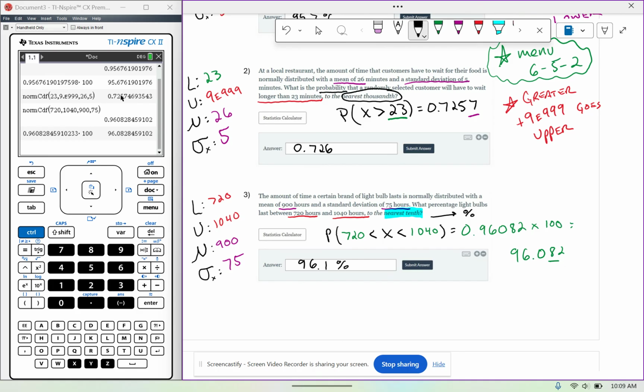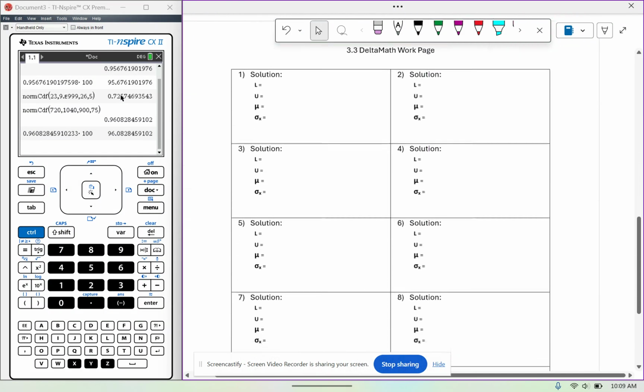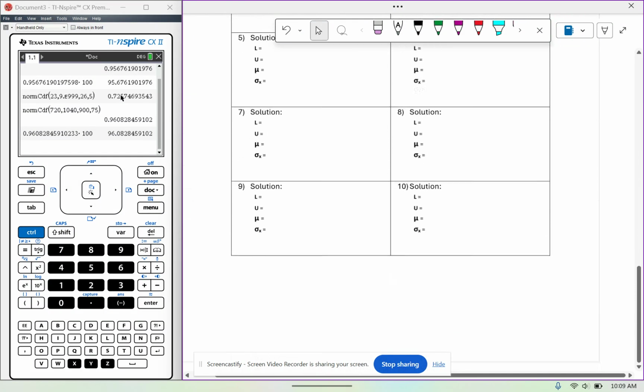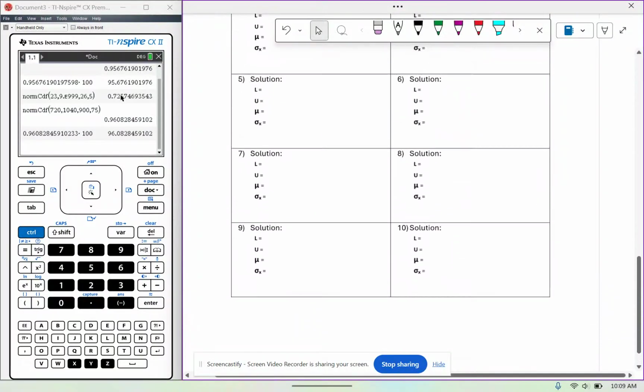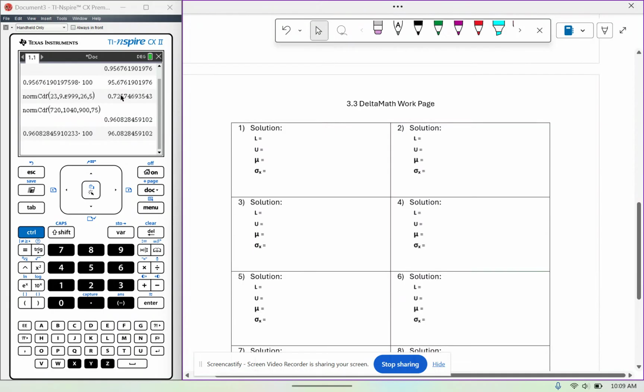Now that we've looked through all these notes, you should be fine to complete the Delta Math assignment. Look down here on the back of your paper. I have an area for you to record all your solutions. So please fill this out as you're completing your Delta Math assignment. Hopefully this is easy peasy,